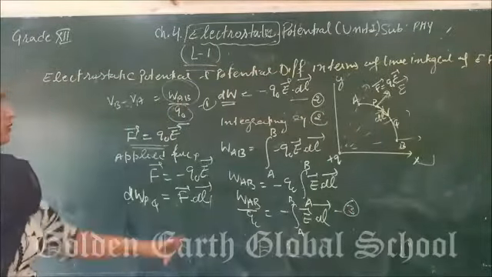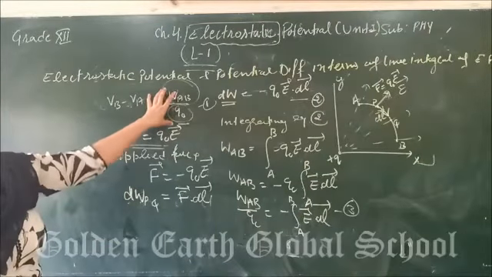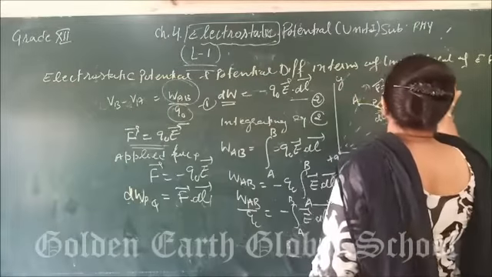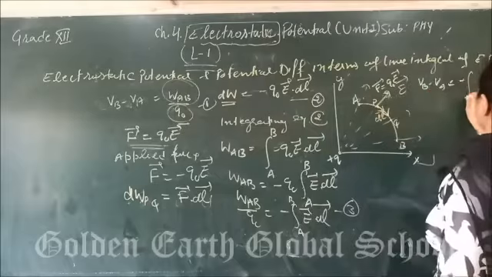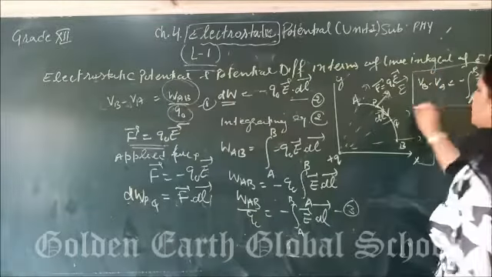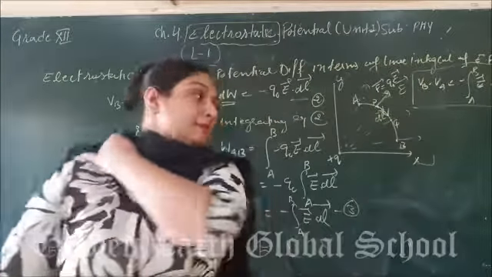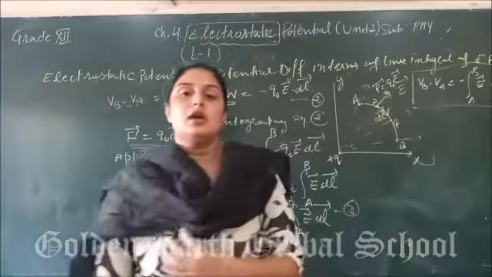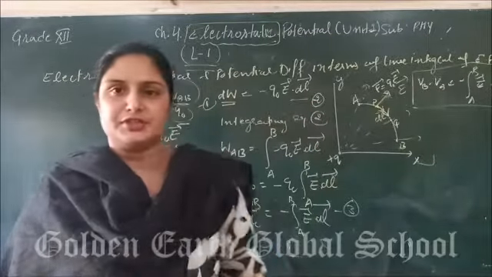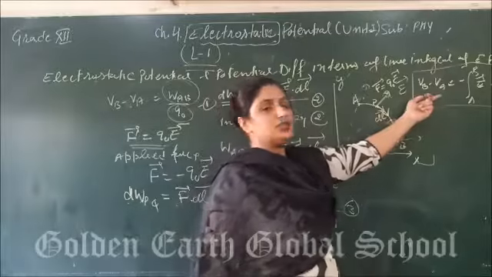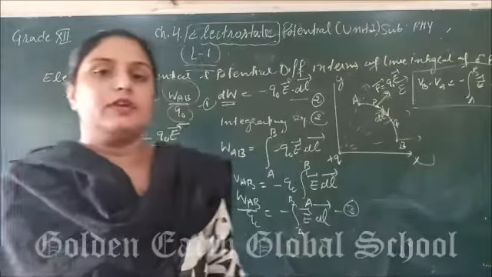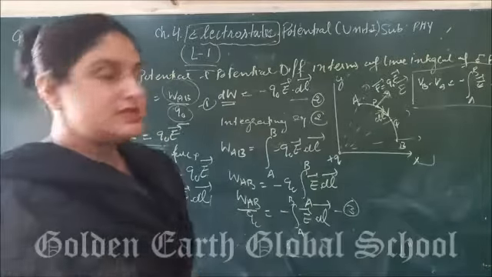From equations 1 and 3, you can conclude that the work done upon charge Q naught is equal to the potential difference. So the potential difference between the points B and A will be equal to minus the integral from A to B of E dot dl. This is a new definition for the potential difference. It means the potential difference is the line integral of electric field between the given two points. The potential difference between two points is defined as the negative of the line integral of the electric field between the two points.